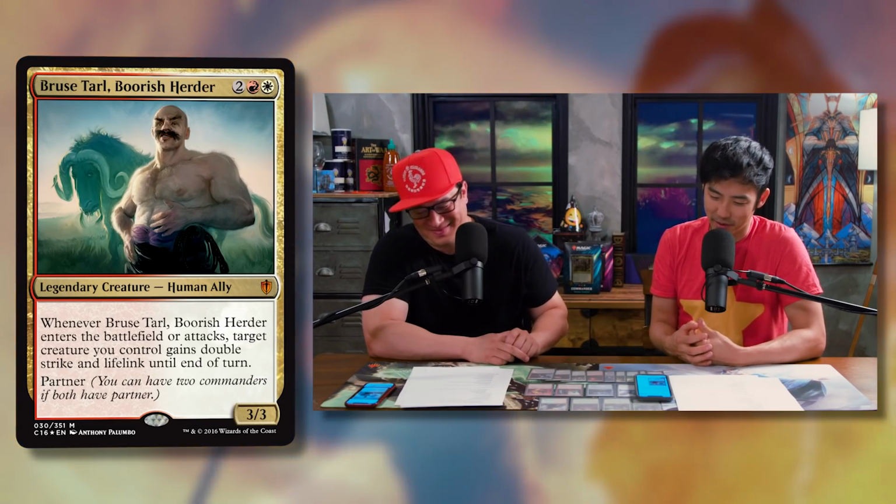Bruse Tarl, Boros Herder, is a Boros commander, 2 red and white, for a 3/3 human ally. Whenever Bruse Tarl, Boros Herder, enters the battlefield or attacks...